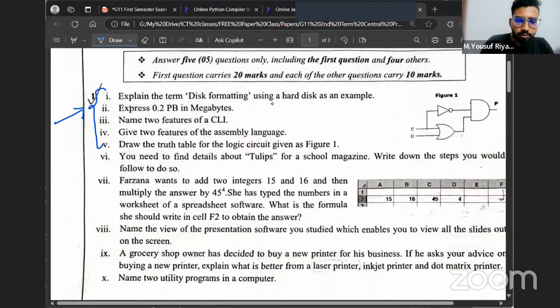Explain the term disk formatting using a hard disk as an example. Okay. Now, when you say disk formatting, what the majority of us think is that formatting means cleaning or erasing the data. Keep in mind, disk formatting comes under the operating system lesson, grade 10. In disk formatting, erasing of the data is not the main part. It's like a byproduct. The main part of formatting is